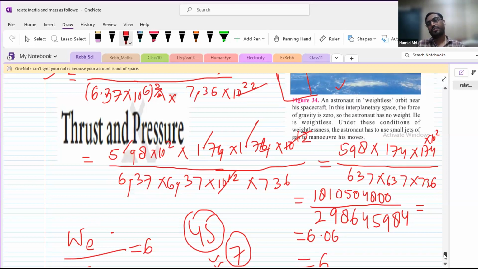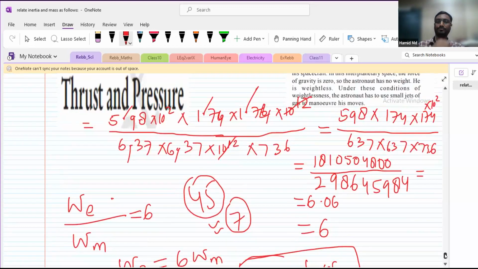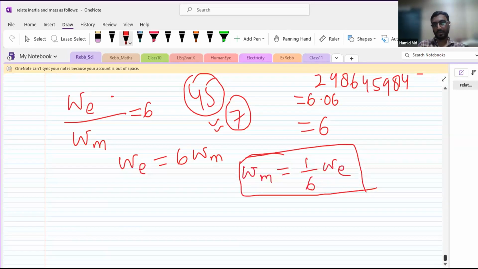So what is pressure? How will we define pressure? Pressure is the force. It's like when you're applying a force on a specific object on a surface area. So pressure is basically